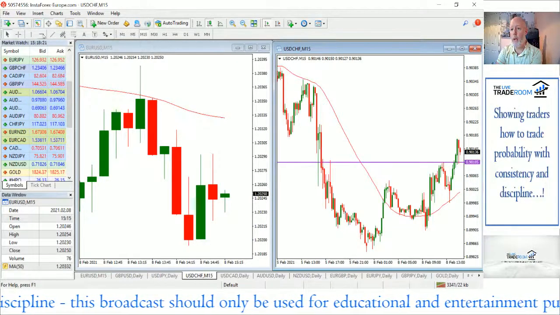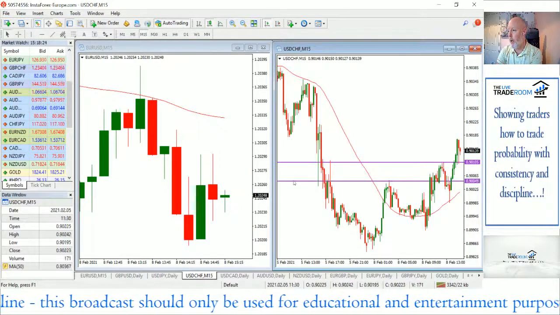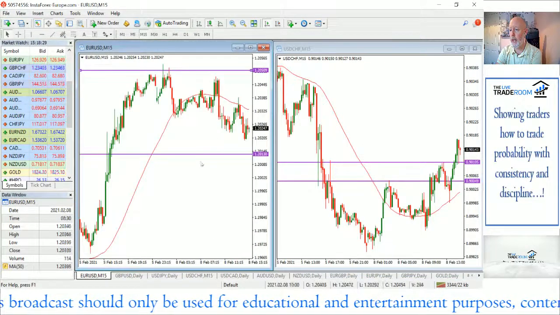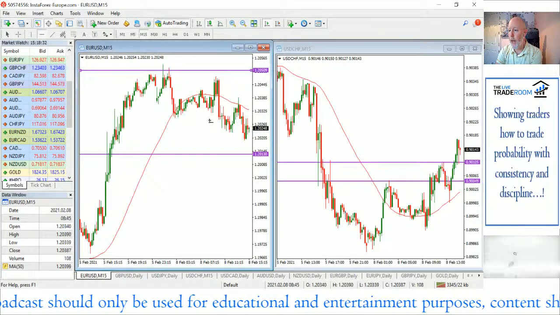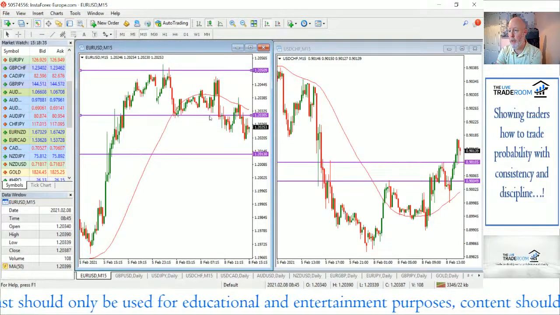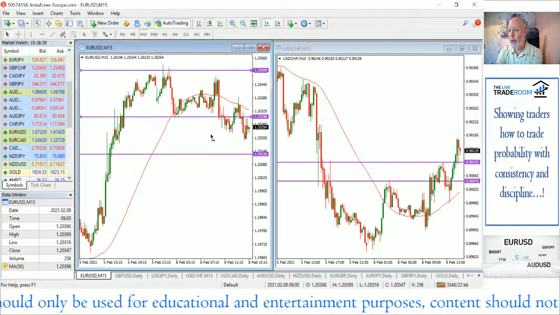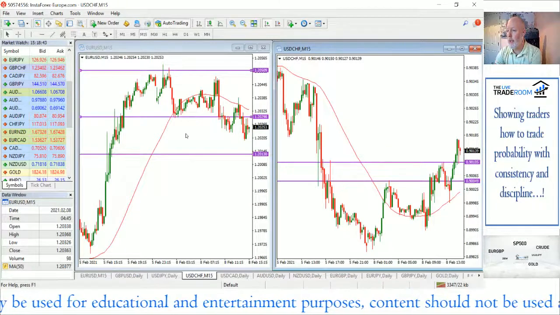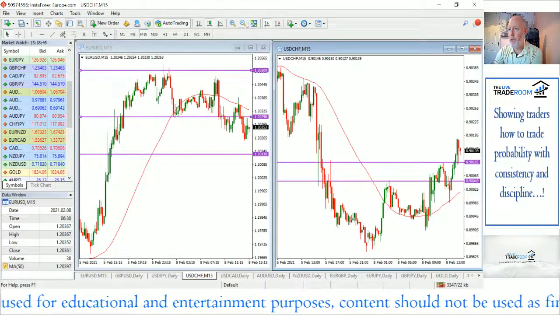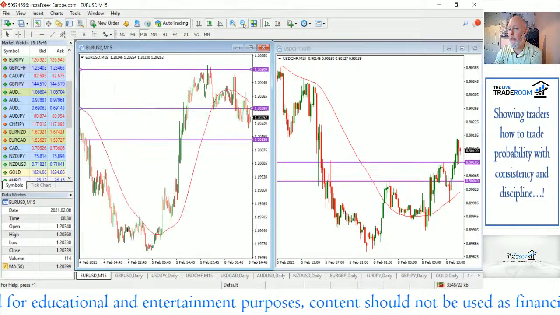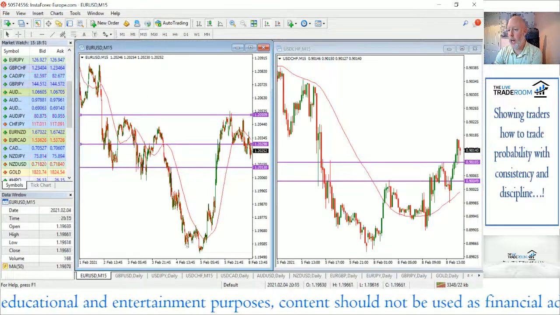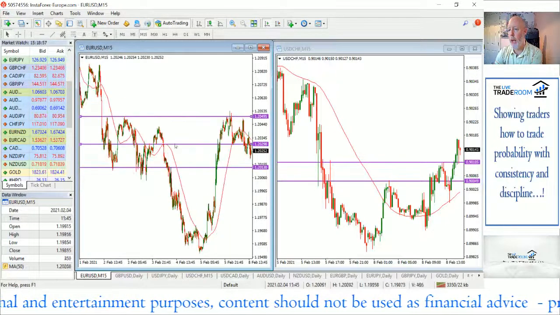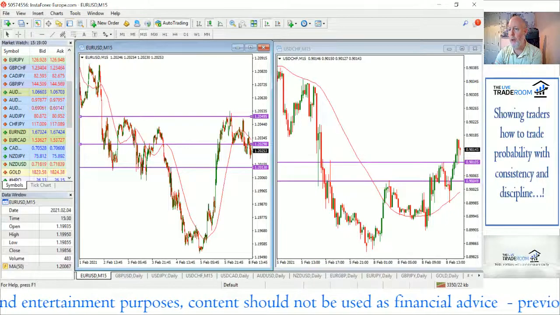Obviously some setups are quite nice and easy and straightforward, and other setups are a little bit more convoluted and not adding up as nicely as you would like them to. And I think both of these for now are probably in the latter. So we've pretty much reversed a lot of Friday's move. This is a sort of V-shaped swing from low to high, and we've run into really strong levels of resistance in this market.